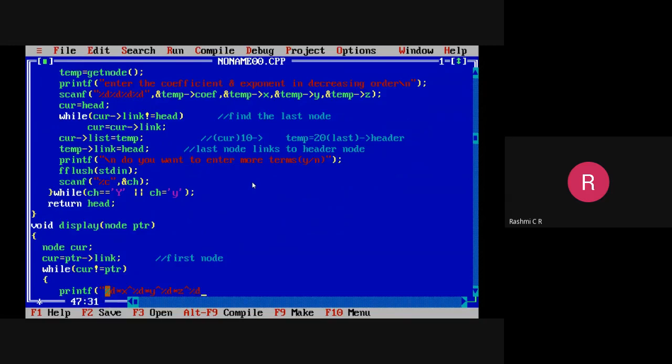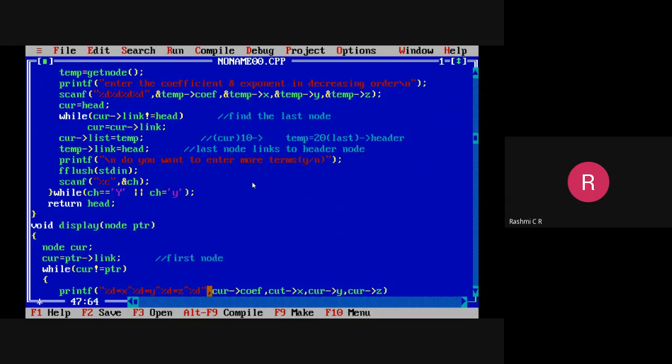It will just display the coefficient, then x exponential, y exponential, and z exponential. Then close it. What is the first term? Current of coefficient, current of x exponential, then y exponential, then z exponential.